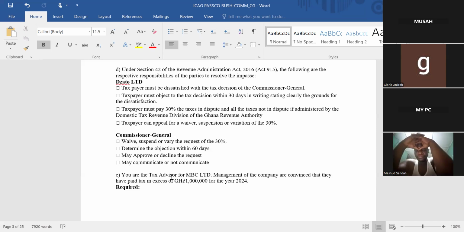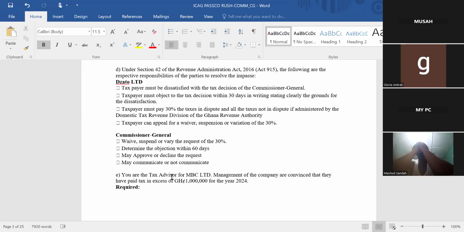That is the law. Now, the law says that after 60 days, you, the taxpayer, can write to the Commissioner General. That's 60 days plus 1. You can write to the Commissioner General, telling them that their silence means they have made a decision to disallow my objection. Please get it clear. After 61 days, the law says that you can write formally to the Commissioner General and say that your silence means that you have made a decision to disallow my objection.